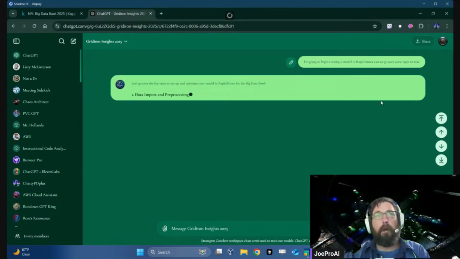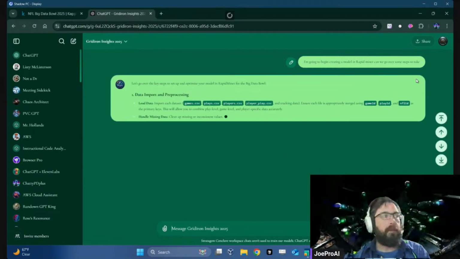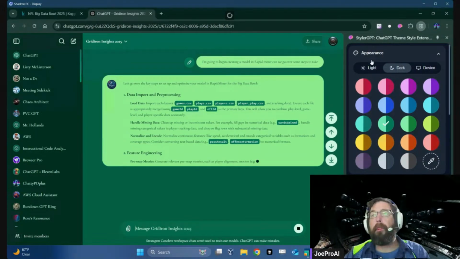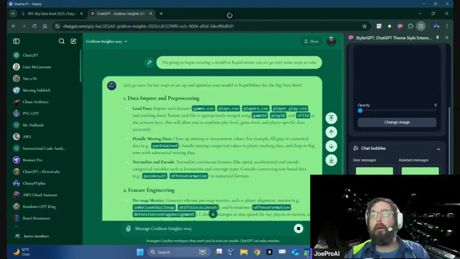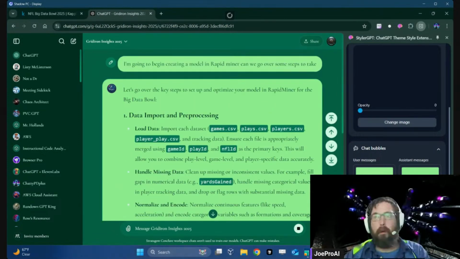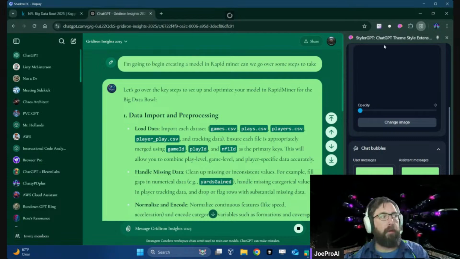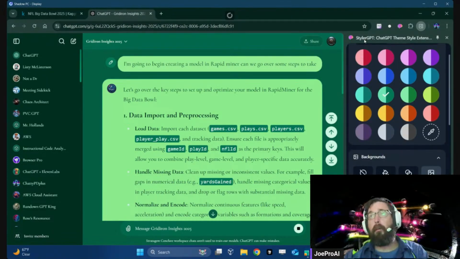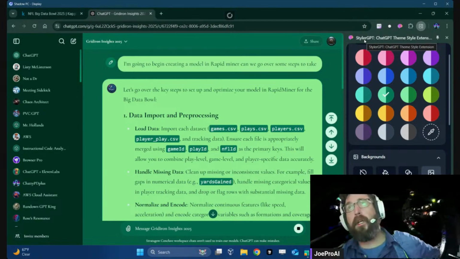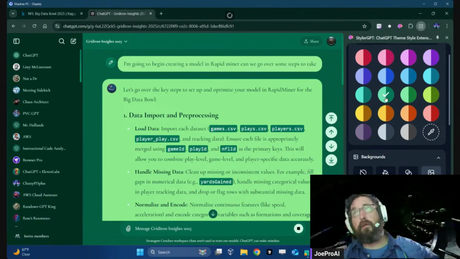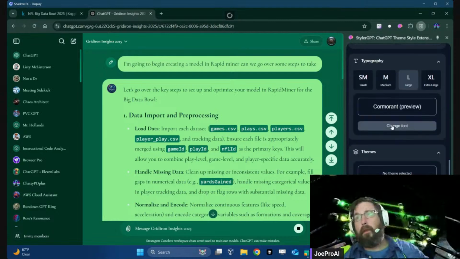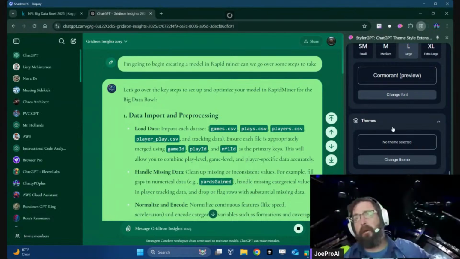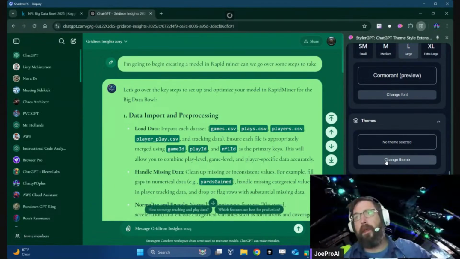So I've created, ooh, this is not able to be seen at all. There we go. A little bit better. Even a little bit better. Let's fix the theme. This is one of my favorite extensions. It is Styler GPT, and the person that develops it, they are just great. They do this for themselves, and then it evolved into this.